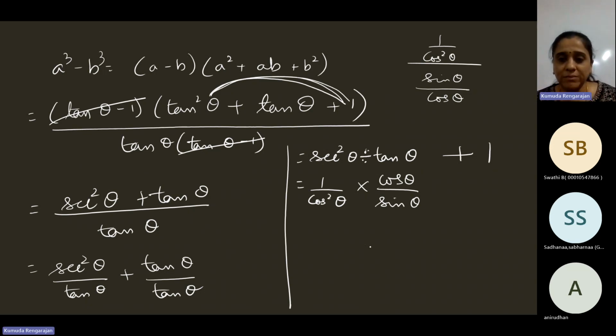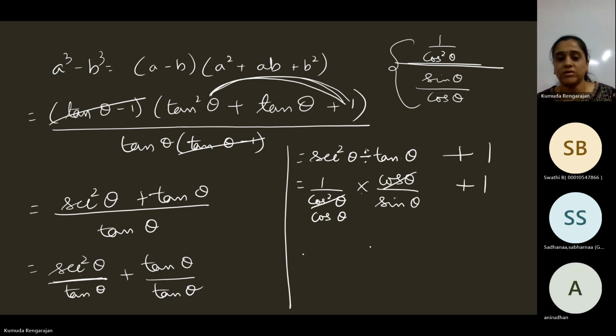In the division, instead of doing it directly, we substitute like this: secant square theta is 1 by cos square theta, divided by tan theta, which is sin theta by cos theta. Like this you should proceed. If you're comfortable working like this, you can do it like this itself. I always convert this division to this multiplication, so it's easy to write. Secant square theta is 1 by cos square theta. Division becomes multiplication. Tan is sin by cos, so it will become cos by sin here. Plus 1. Now this and this,